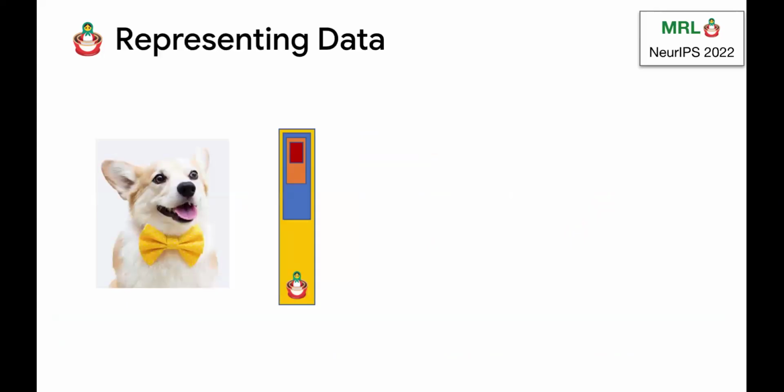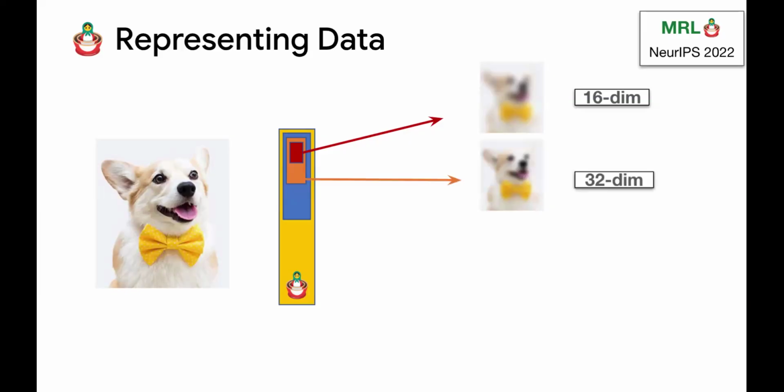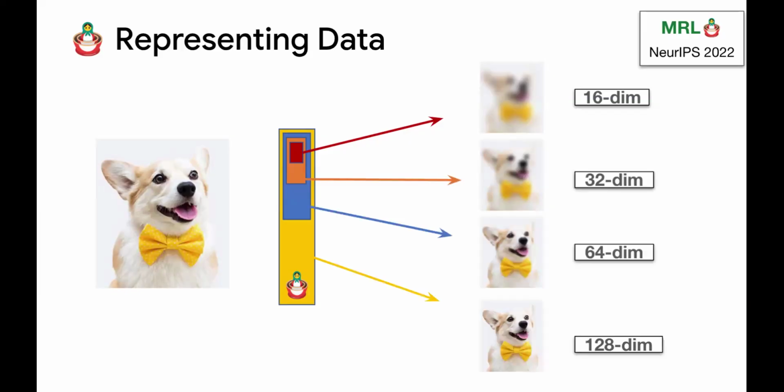And what comes out of this, if you want to visualize it in terms of data, is the 16 dimensions has a very, very, very coarse representation of a dog. It can only distinguish between a dog and a cat. Here, its superclass accuracies are pretty good, but its fine-grained accuracy starts to fall off a cliff. It improves as you go along, and at 128 dimensions, if you actually fit a good enough decoder, you can perfectly reconstruct the dog. Okay.